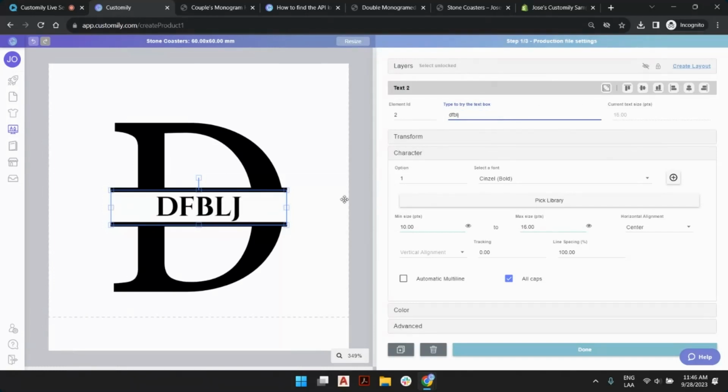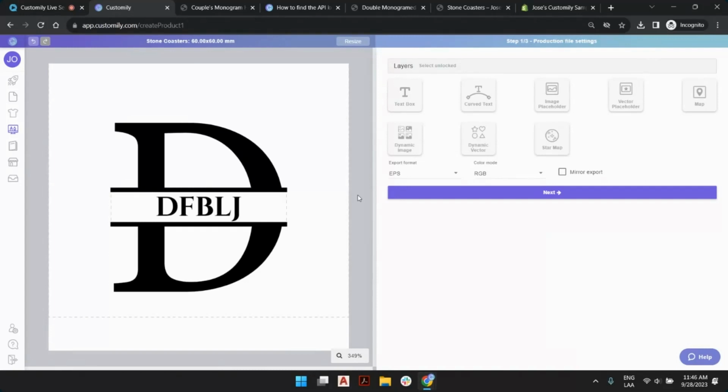Once I am happy with setting up this app, I need to make sure that I'm actually printing this the right way. Why? Because like I said before, Customily will create the print file. So your machine should be able to read the Customily file format. And for that, we have a lot of options that you can select if you want this exported. In this case, my machine will read an EPS CMYK black